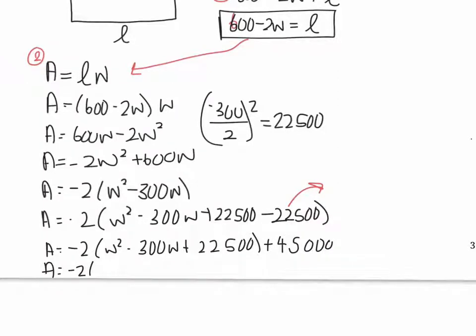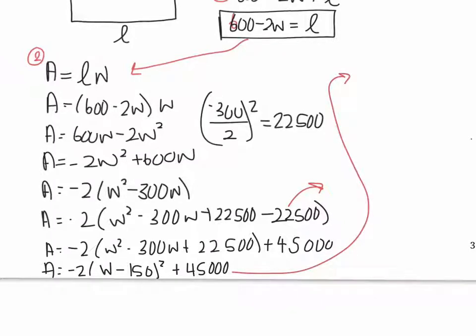So the fastest way to factor this, because we know it's a perfect square, is to take this -300 and divide it by 2. And so we're going to get W minus 150 all squared, plus 45,000. So what is the vertex that we found? A reminder that you could have done this by finding the zeros, finding the axis of symmetry. Absolutely do it that way. But we found the vertex by completing the square, and we found that the vertex was 150, 45,000. So it doesn't matter which way you did it, we're all coming to the same conclusion.